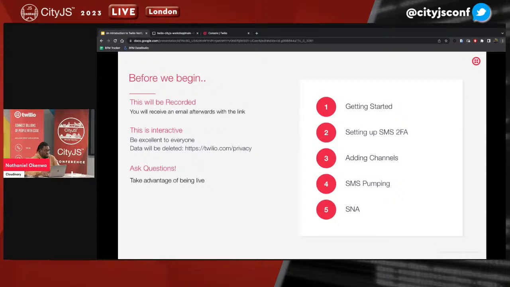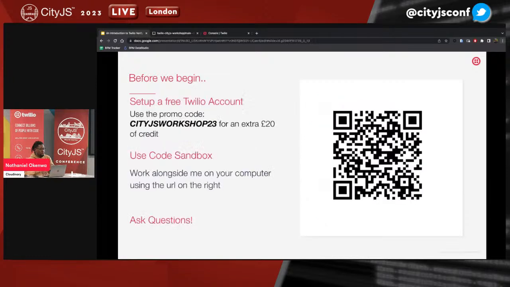All right, so this is a hands-on workshop, so I will be taking pauses for people to catch up and follow along. If you don't want to follow along, that's certainly fine. I'll also be working on my laptop. So to follow along, you're